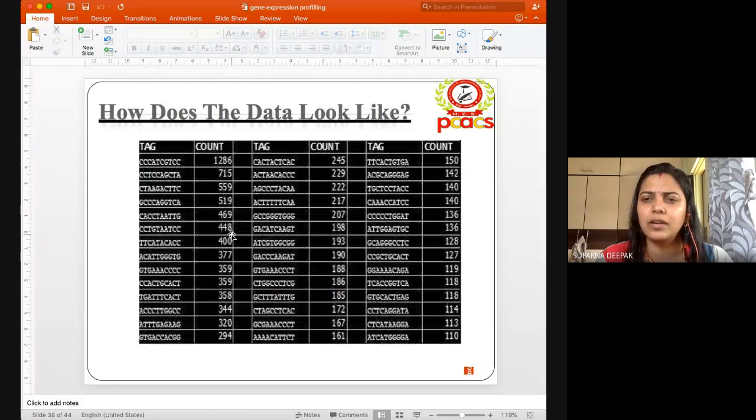I'll just explain for 2-3 minutes. You can see over here, this is how the data will look like. So this is a tag, okay? So what is the count? How many times that tag was present in that concatemer? That will be shown. So from this, if you look, you will understand. See this first one, it is showing you 1283. So definitely the amount of mRNA for this particular tag is much more. So see this particular thing, the last one. First or last, look at the last one, it is 110. So that means